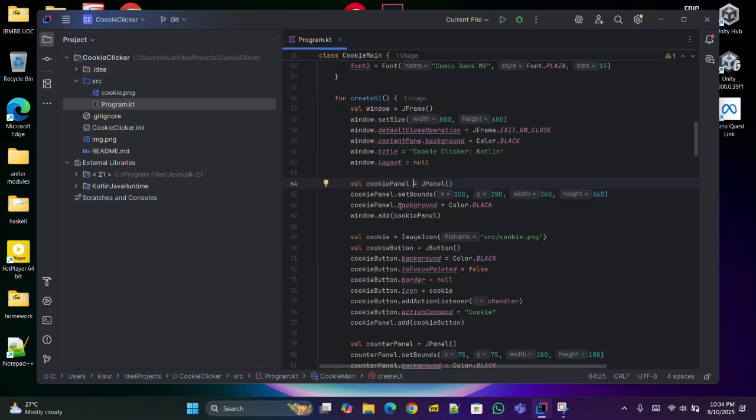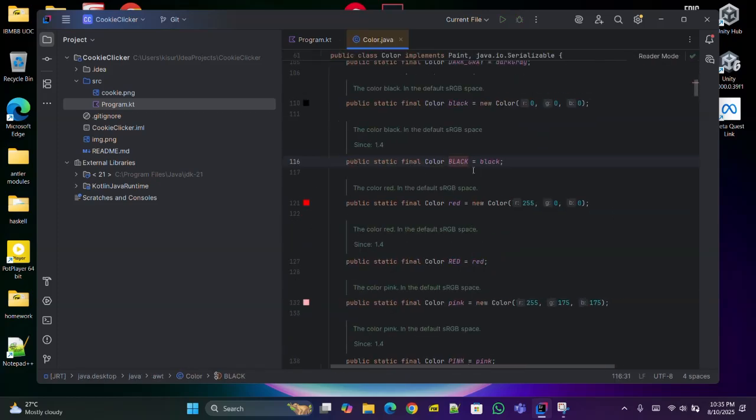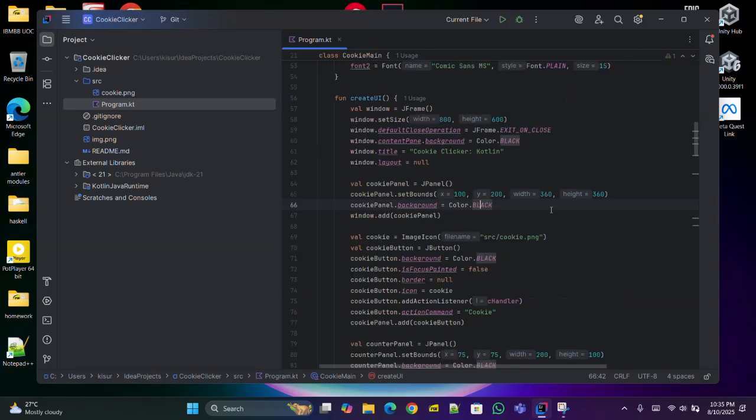Okay, so we have set the background property to the color black. This looks like an enum, but it's not an enum. It's actually a public static final int. Yeah, no, it's an enum actually. Yeah, it's an enum. So anyways,